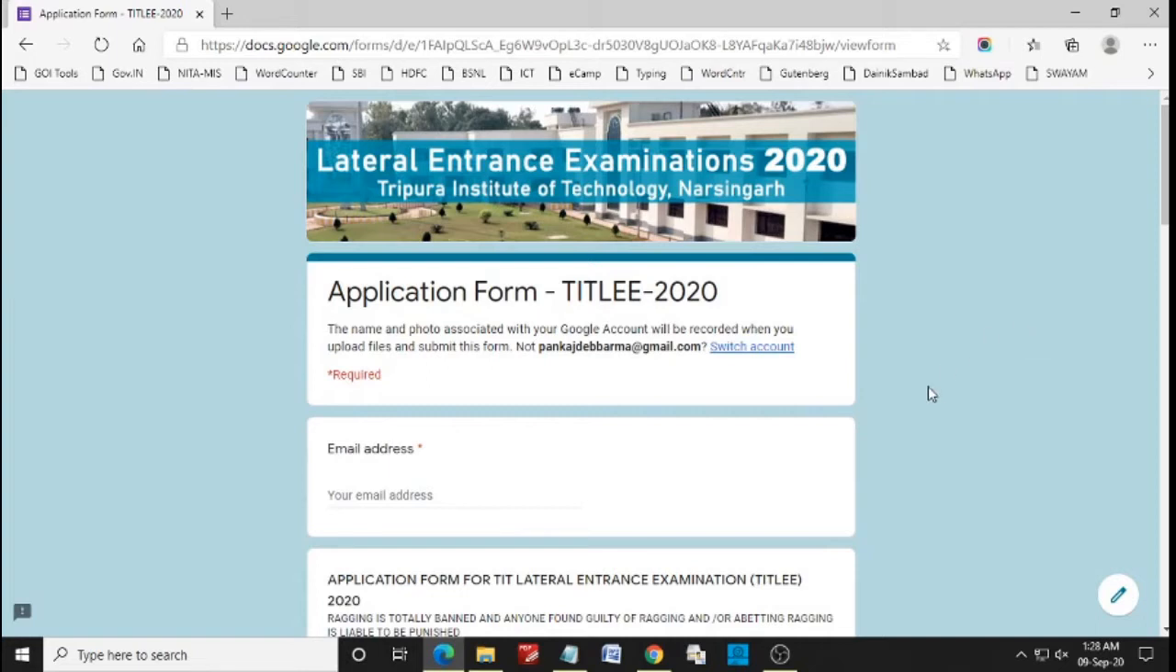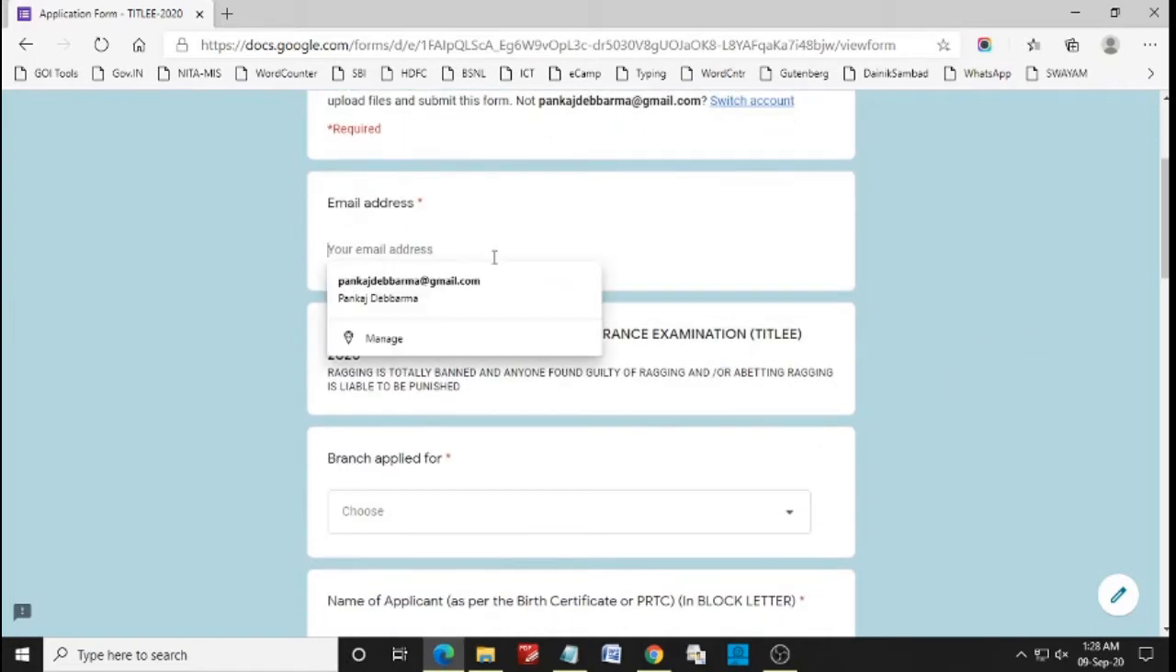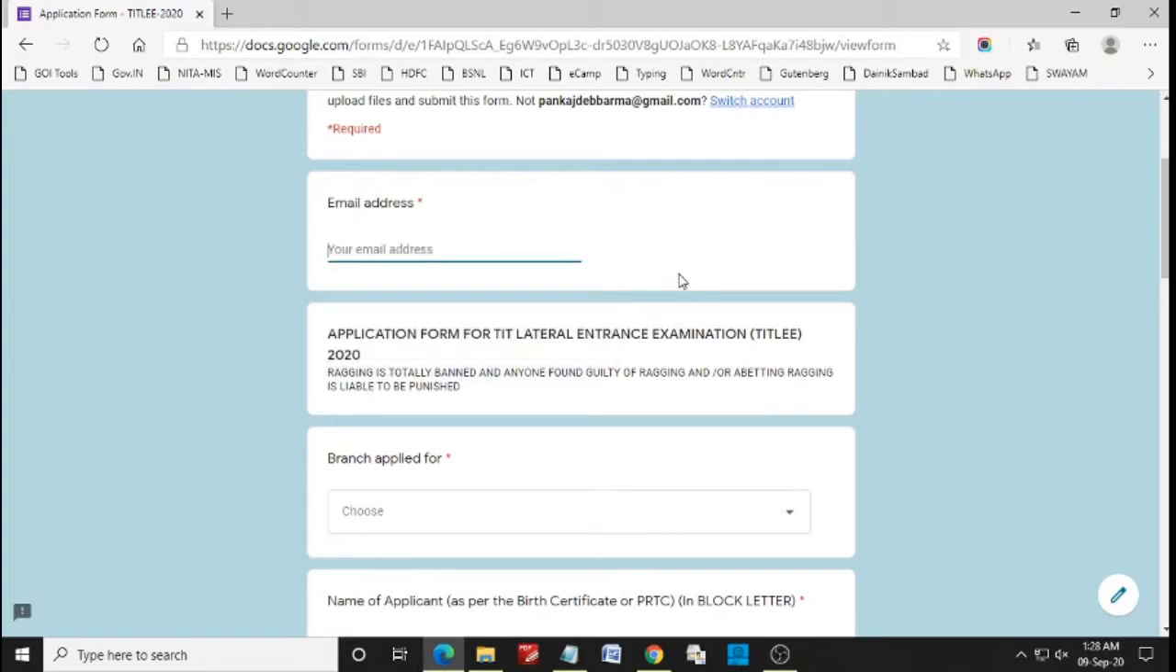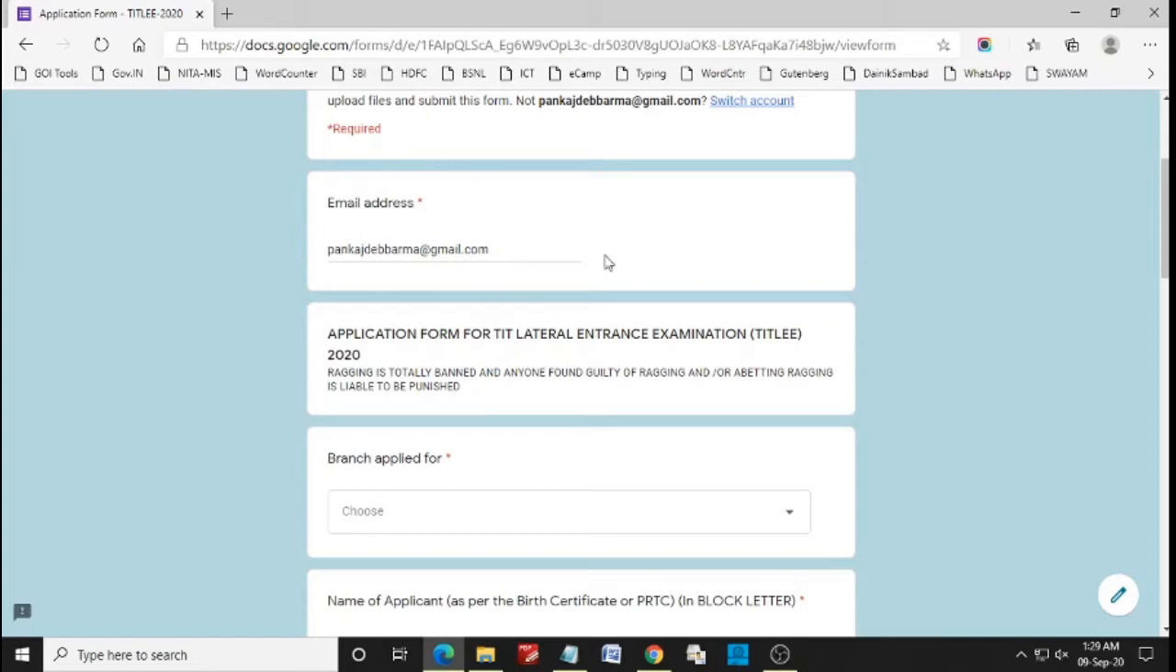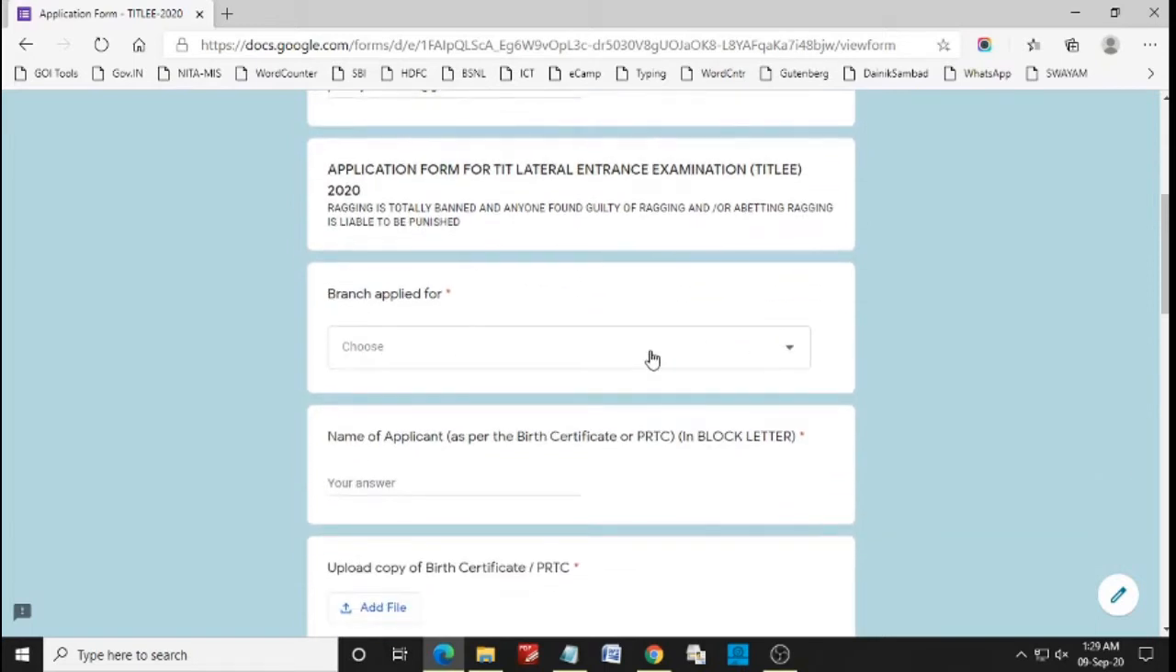So in this application form, first and foremost, we have to fill up our email address. This email address is very important as it will send you a copy of the form which you have filled up. Now the next portion,